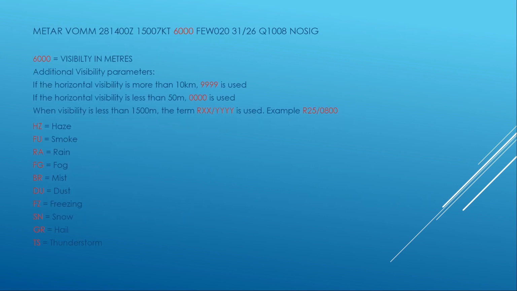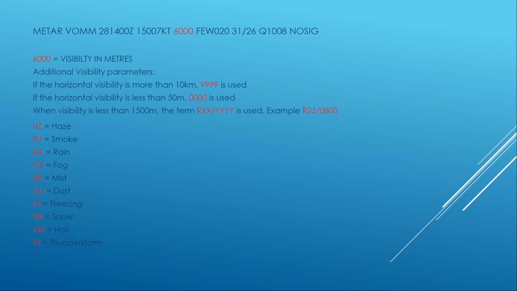The next block of information is the visibility in meters. So in this example, we have 6000 meters visibility at Chennai Airport. There are some additional visibility parameters as well. If the horizontal visibility is more than 10 kilometers, the term 9999 is used. If the horizontal visibility is less than 50 meters, the term 0000 is used. When visibility is less than 1500 meters, the term